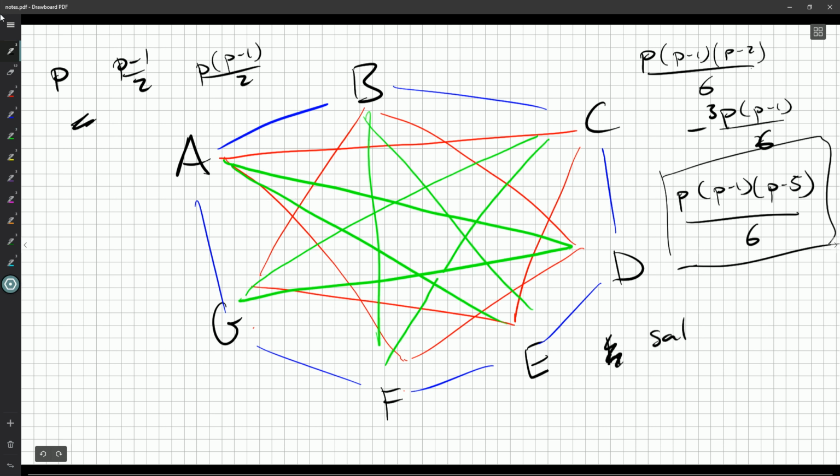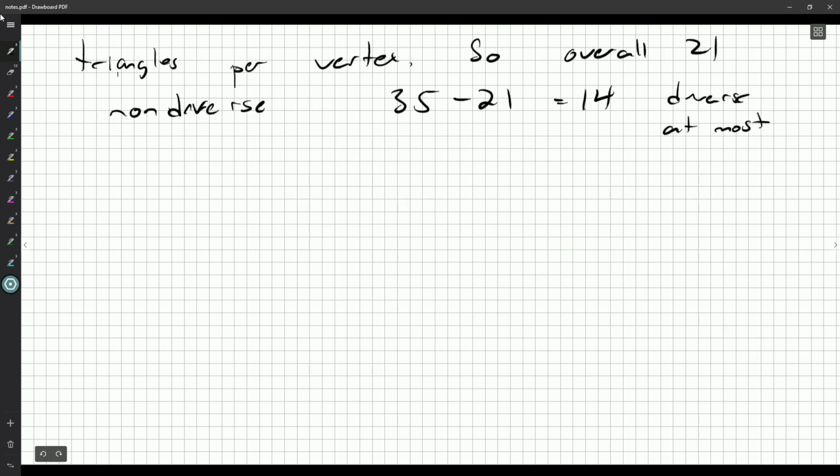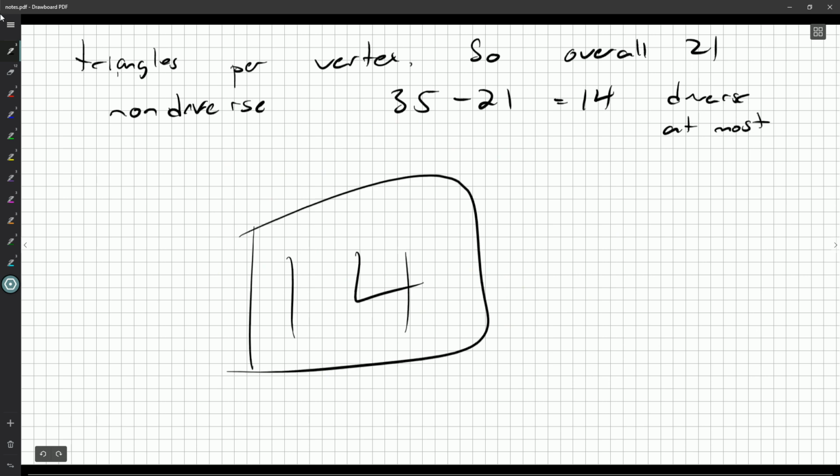So this, and you could explain the geometry or the symmetry that's going on here, but you could just leave it at the end and say, this clearly satisfies the 2-color per vertex condition. So 14 diverse triplets is the most you can get. So we know that's the most, and we actually were able to exhibit it. So answer here is 14, and we're done our proof after a nice little explanation.